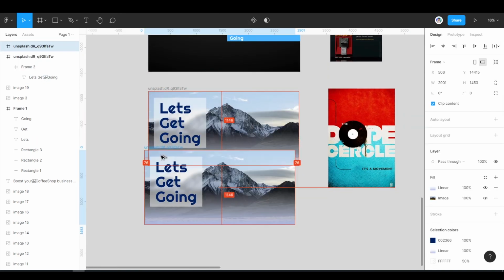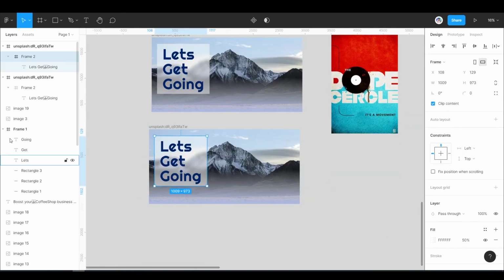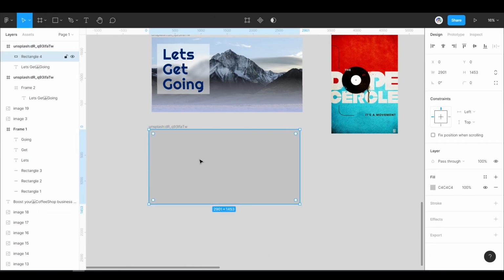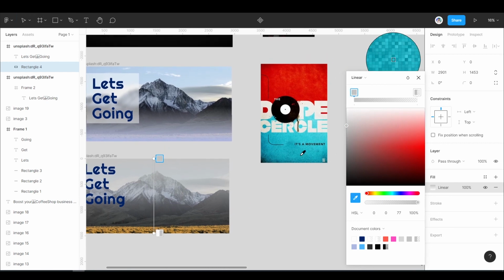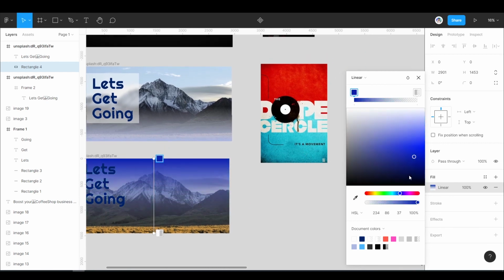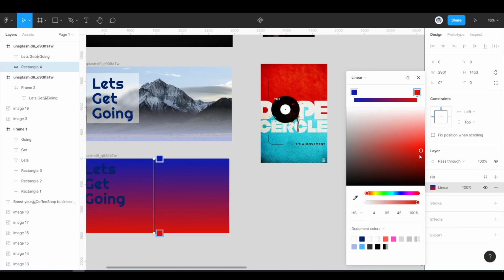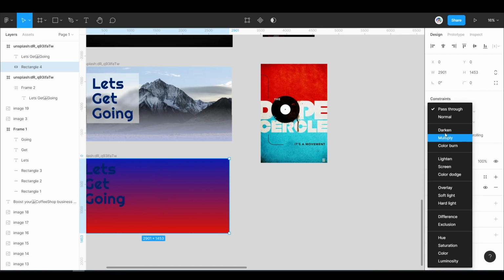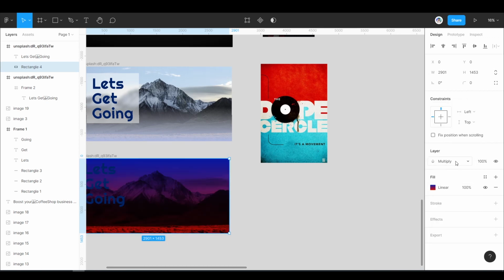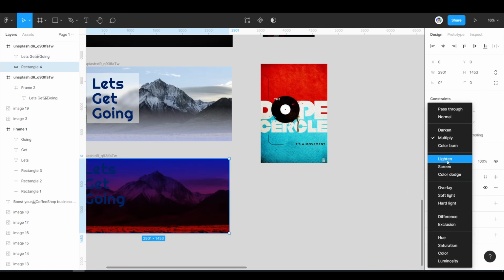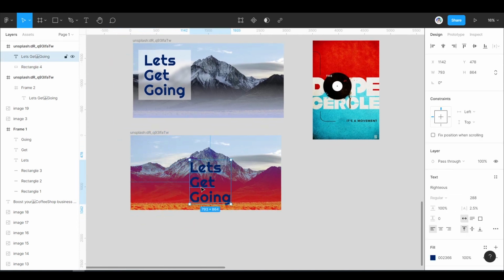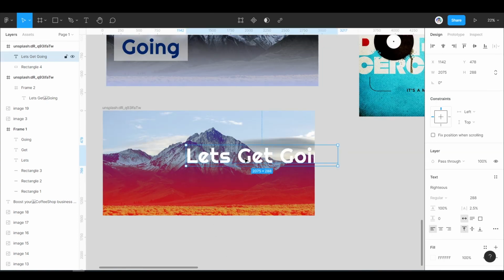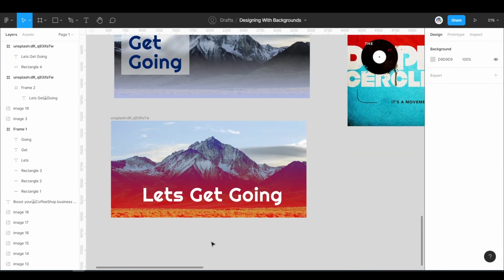And lastly, I'll just use this version itself, fill it with a color. So I'll just make sure I have chosen good colors. Maybe I'll just use a shade of blue and a shade of red, and in this case you can change the blend mode to multiply or a suitable one. So in this case I have to lighten it, so this is already looking good. And so as you can see now.